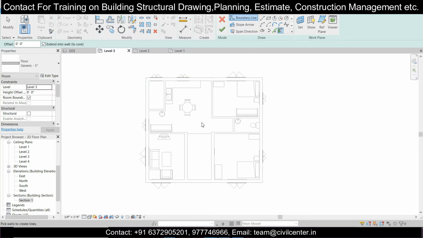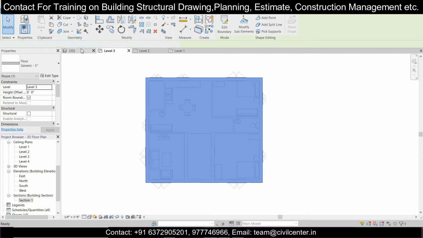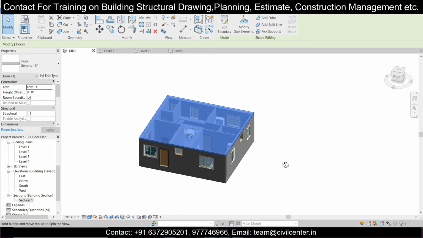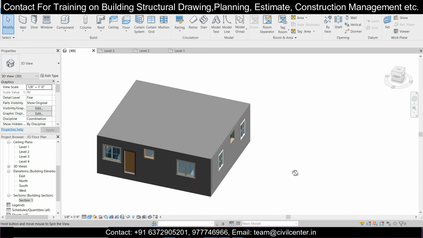If you have an irregular slab, you can use this particular option. I have rectangular, so I'll just click from here to here, this rectangular option, and then remember to click this tick option. It is asking, would you like the walls to treat this as the base? Definitely I want them, and I'll click on Attach, and as you can see in the 3D view how it looks, using the Control and the mouse middle wheel button, I am rotating the model and then viewing this. As you can see, this has been rotated.